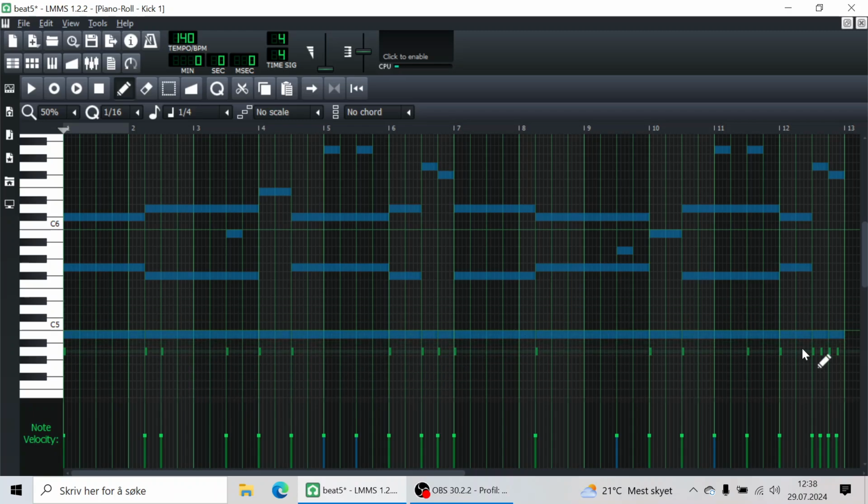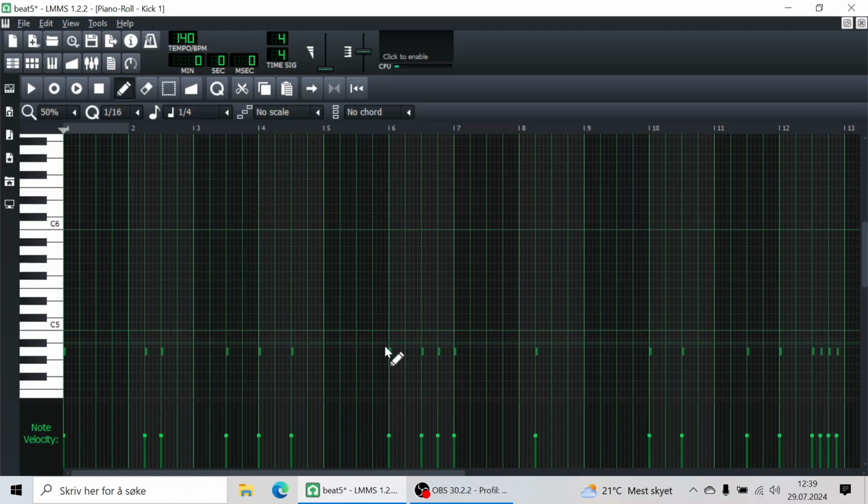I have 12 bars to work on. I don't want it to be repetitive. Each time there's a kick, there is a note, but not each time there's a note, there's a kick. So have that in mind, and just make a kick pattern that makes sense. Since this vocal sample was a little bit slow, I didn't want too many kicks. And when you have the kick pattern,